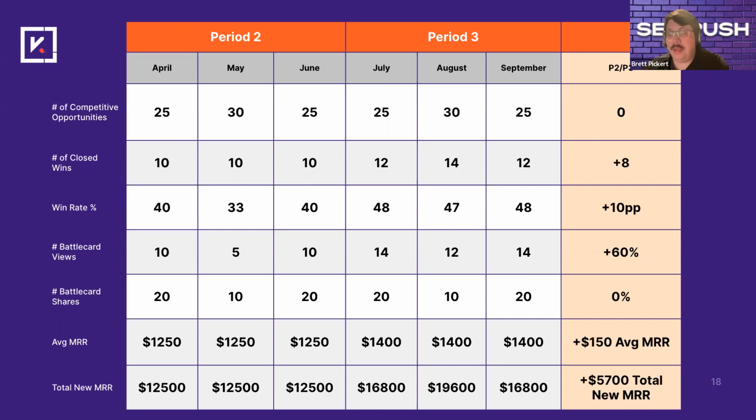So what you can conclude here is that the more times your battle cards are viewed, the more deals you're going to win, and the bigger deals you're going to win. And that's how you show the value of your battle card program, through these metrics right here, because these are the ones that the sales team is going to care about. This is the one that is going to show the value of your position, your role, your program overall, and it's going to help you